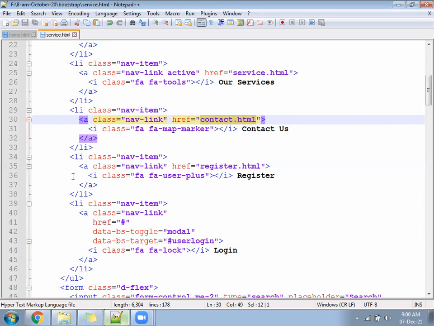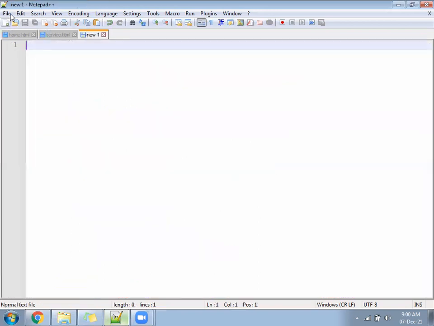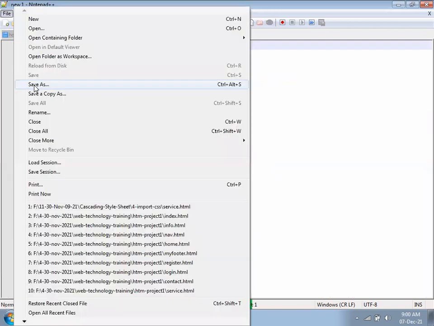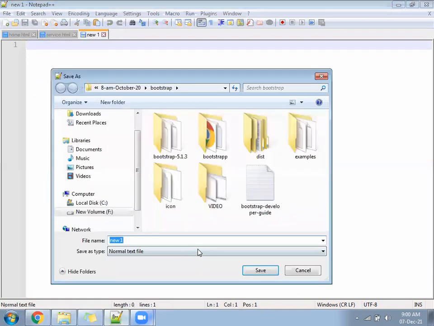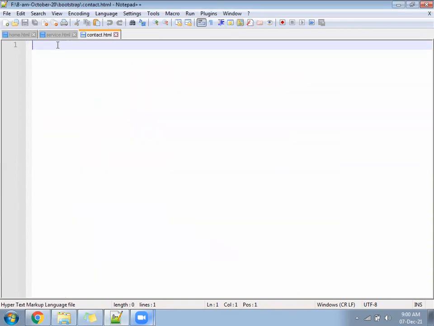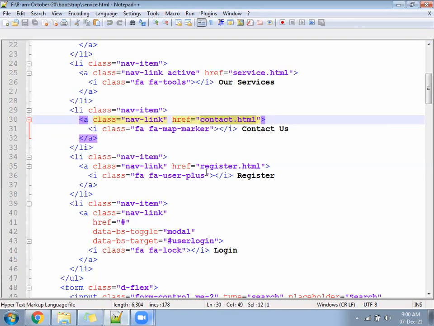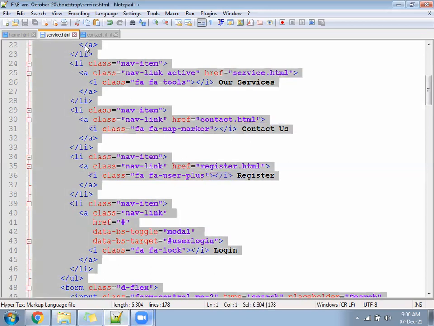We can create the contact.html file and take the copy of the service file, because header and footer will always be the same.